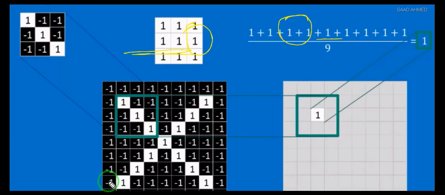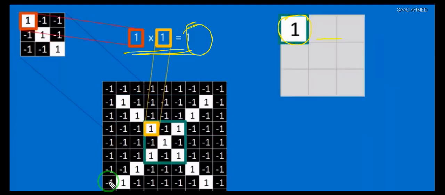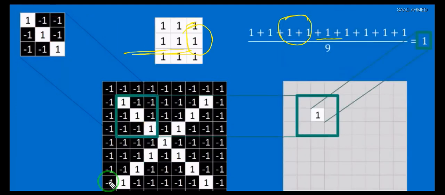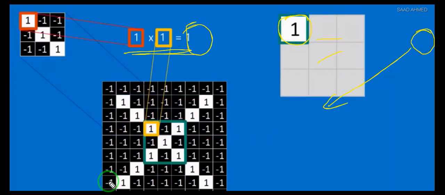This is how it is done, and it keeps on doing. And finally what we do is add up all the values and divide by the total number of boxes, and you get the result 1, which is placed in the position, which identifies that this is the particular section of the image which is basically same. Then we move to the other